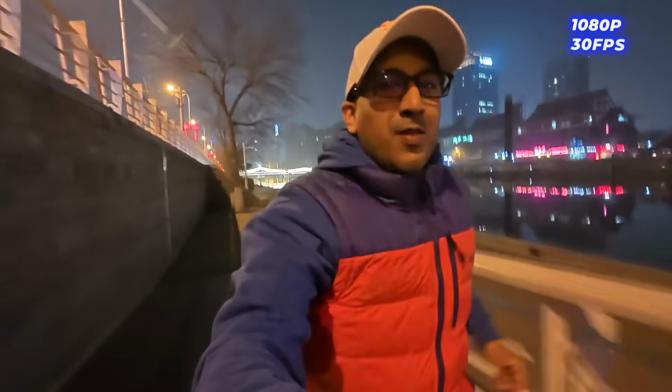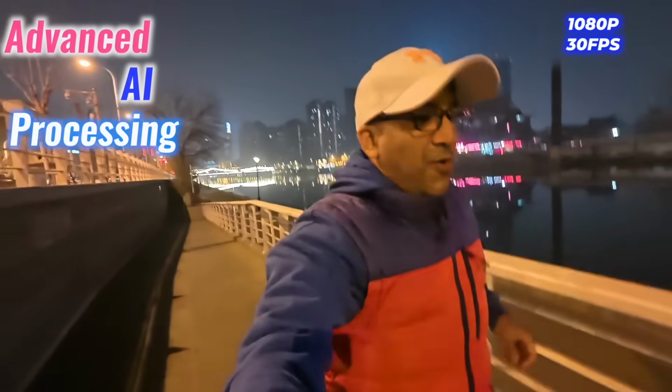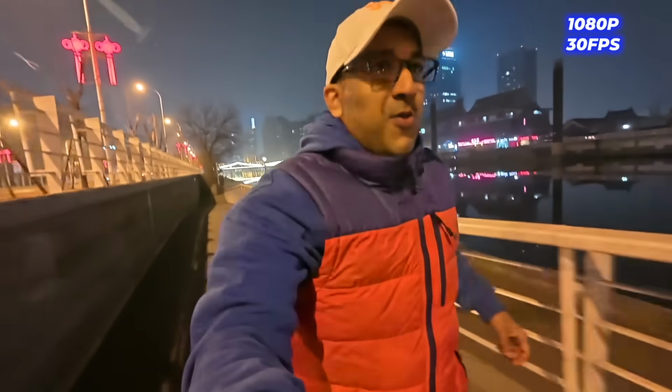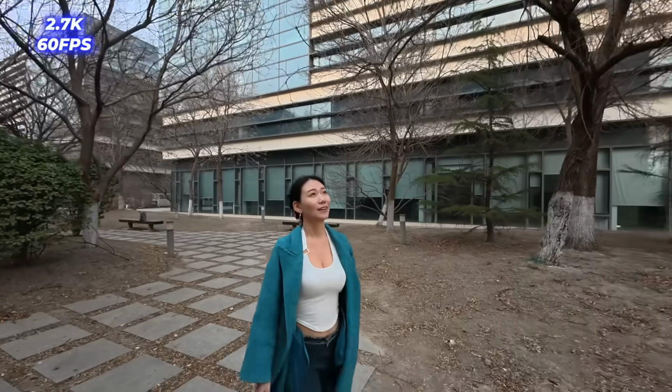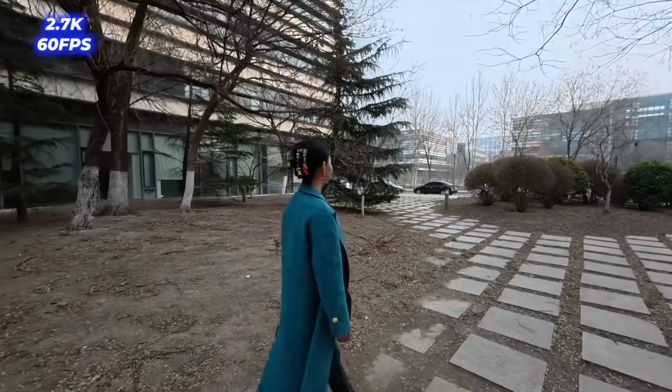Bright sunlight doesn't confuse it, and in low light scenes, the large 1 by 1.3-inch sensor and advanced AI processing maintain a clear lock on the subject. These smart tracking features make capturing dynamic moments effortless, ensuring the Action 5 Pro delivers precise and reliable tracking in